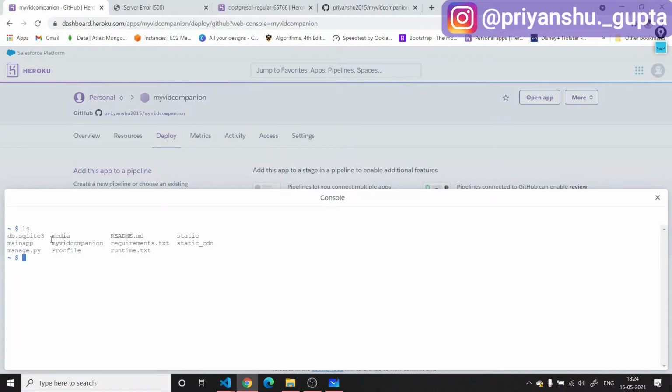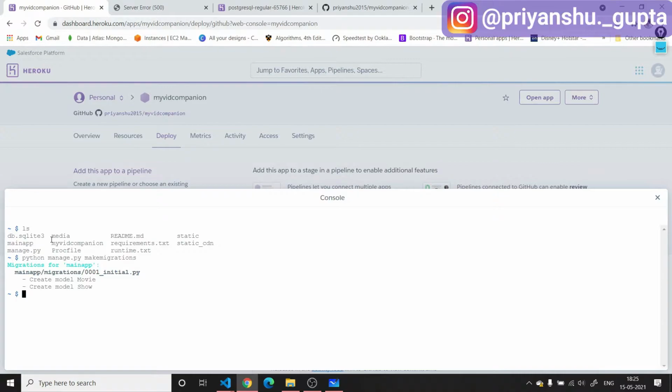Now we have to write the command python manage.py makemigrations, because now we have to make migrations so that we can migrate them to our new database, that is the PostgreSQL database, and click enter here. And now you can see that we have created the new models Movie and Show.